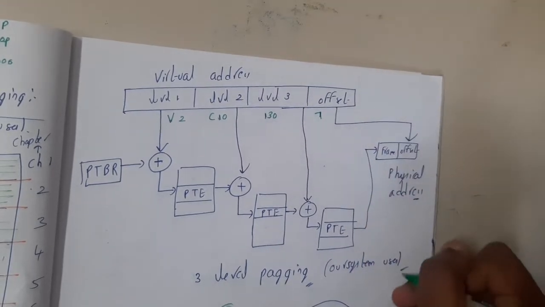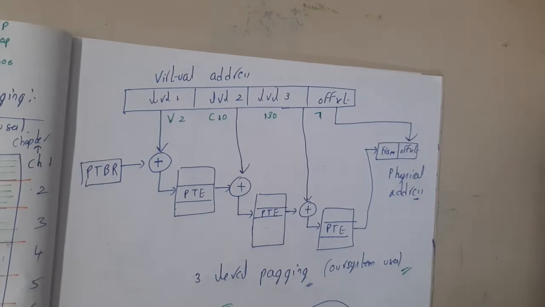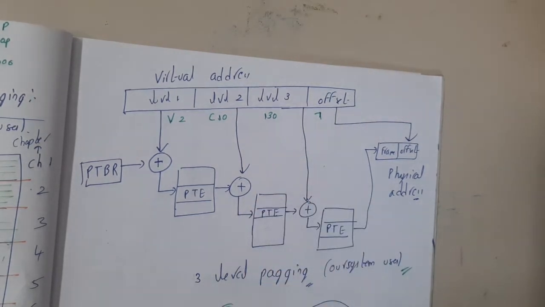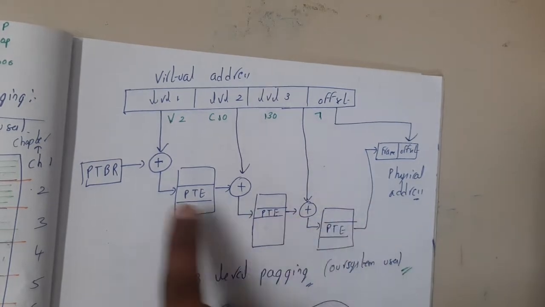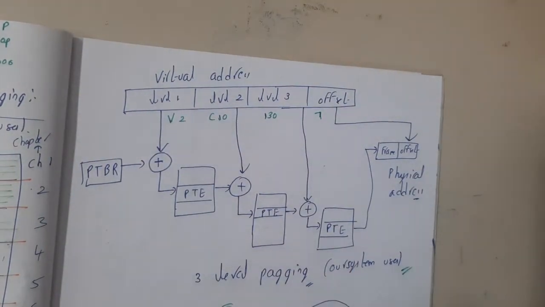Got it? Yes. So I think I have explained with some simple terminology, because going in depth on this particular topic might not be that important, right? Yes, because our system uses this, but we can rarely expect a question from it. I think only one question has been given on this particular structure, guys. Okay, yes. So now you got the idea of multi-level paging or hierarchical paging, right?